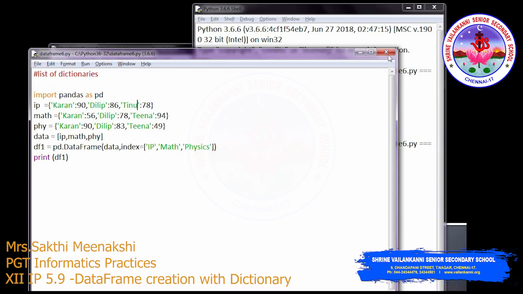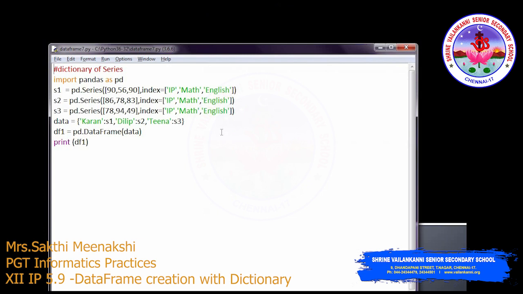Let's see the next program. Instead of creating this dictionary, we are creating some series. So this is my next program. Here you can see a dictionary of series, right? First I am creating a series with the marks for IP, math, and then English for student 1.